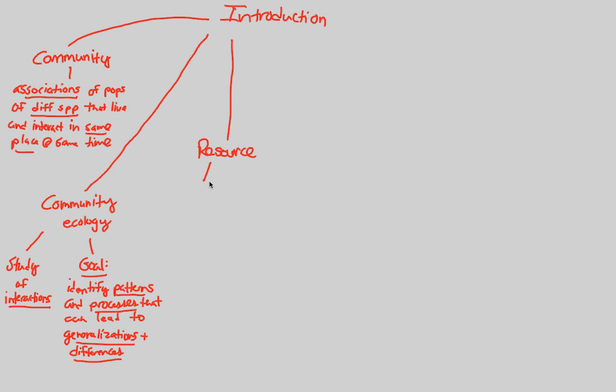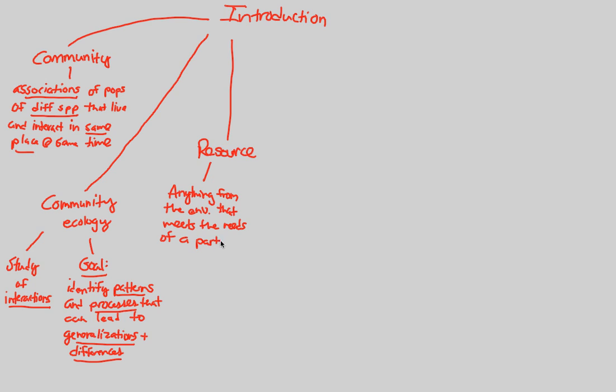You probably already have a working idea of what it is, but in ecological definition, we'll say that a resource is anything from the environment that meets the needs